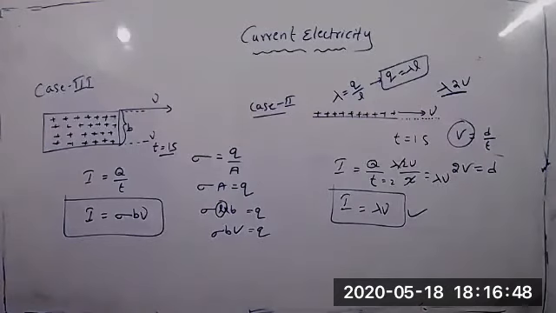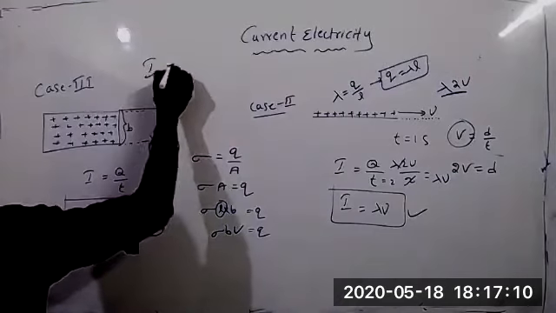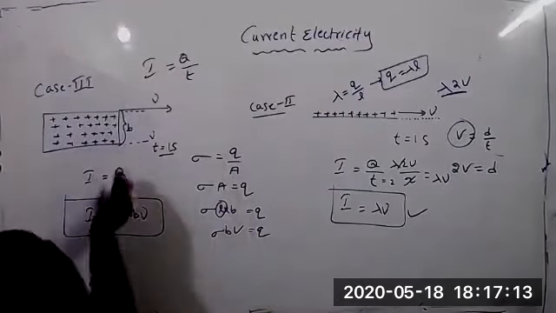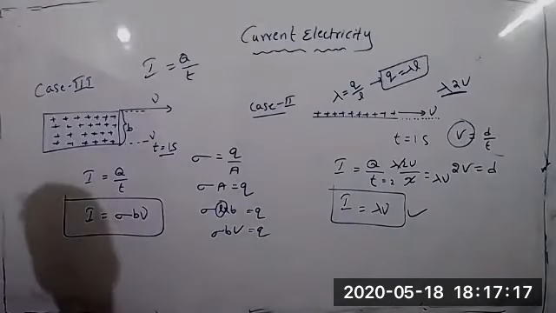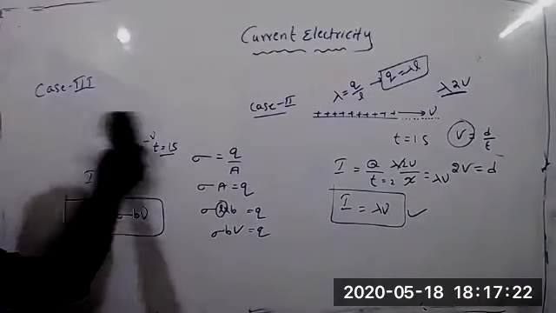Okay. When the charges are moving in terms of superficial charges, like areal charge, we have to use this type of formula: I is equal to sigma B V, where V is the length traveled in 1 second, or distance traveled in 1 second. Because at that time we can't use I is equal to Q by T; we would again have to take Q and time. That is case 3.